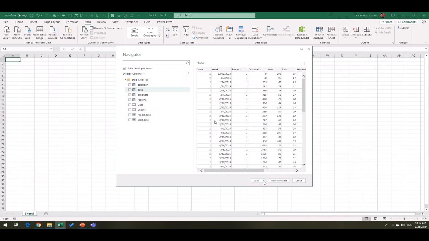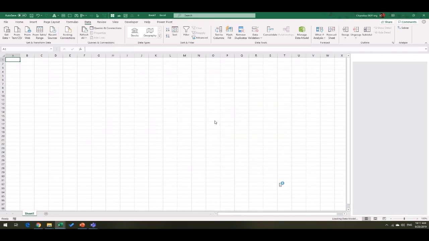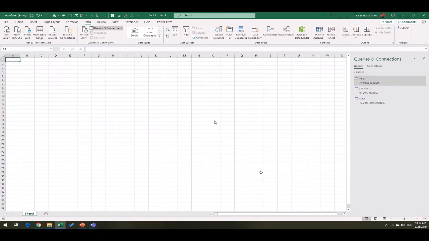When you are loading, you also have a choice of either loading them as tables in this file or just loading them to the data model. I will load them to the file because that way we can actually look at the numbers, but it's not necessary. You can just load them to the model directly and build everything from there. Because I'm explaining it, it might be easier to just see everything on the screen in one place. So this is what we will do. We will load